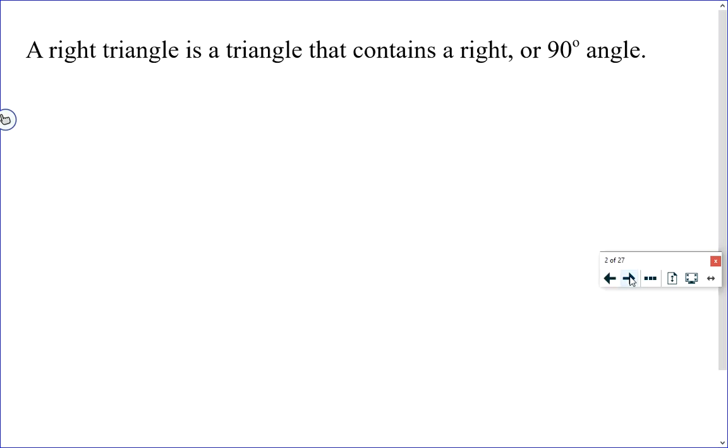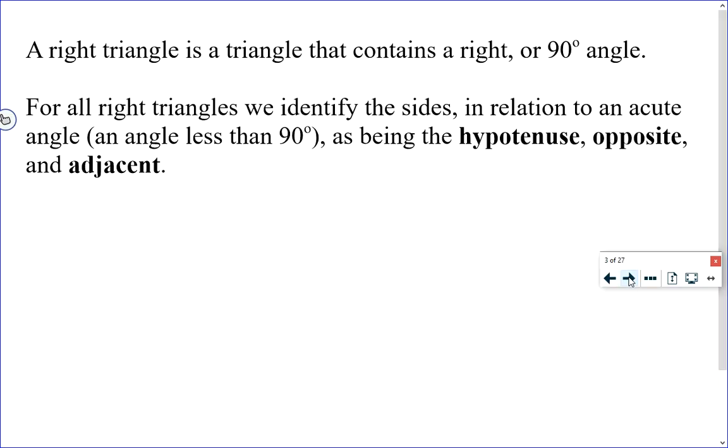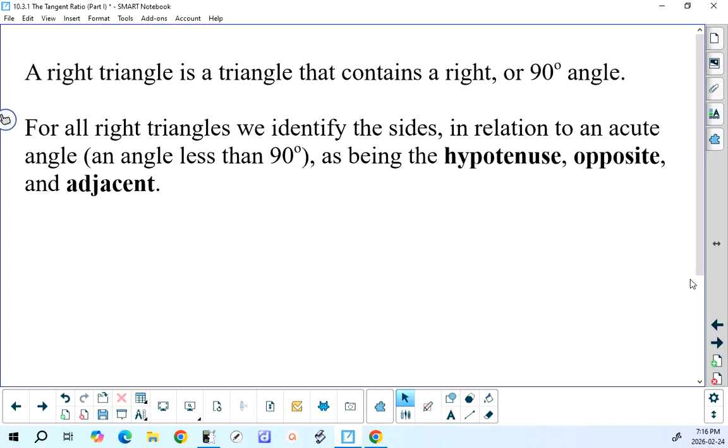So a right triangle is a triangle that contains a right angle or a 90-degree angle. For all right triangles, we label the sides with hypotenuse, opposite, and adjacent, but we do so in relation to one of the acute angles in the triangle. An acute angle is an angle less than 90 degrees. So as an illustration,